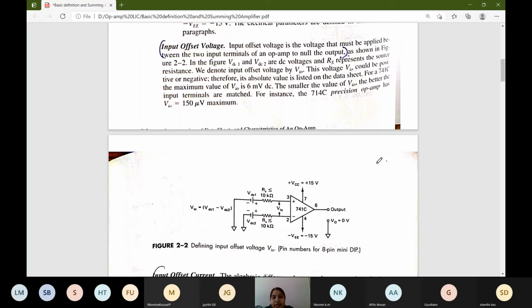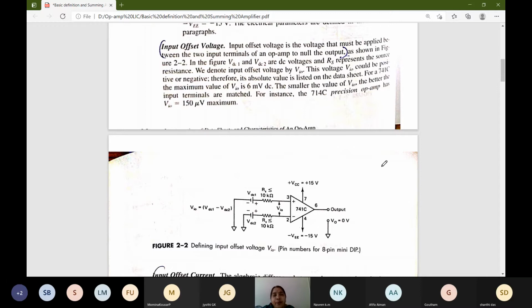But when you do it practically, you can see that without giving any input, we have some voltage at the output. That we call offset. This output voltage will keep adding to whatever output we get. Say we are getting an output of 3 volts. This offset voltage also gets added to it and it becomes something like 3.1 volts. Some error will be there.